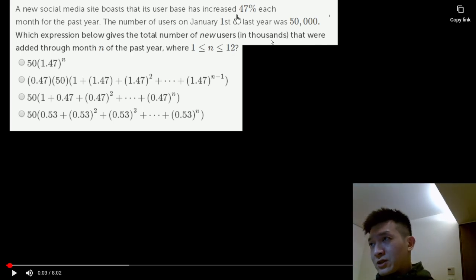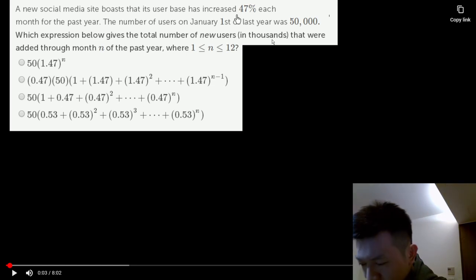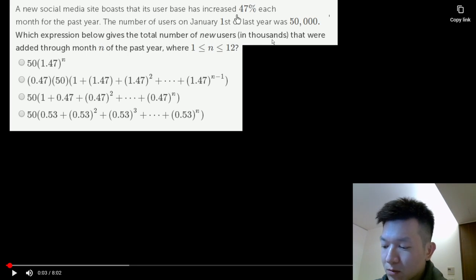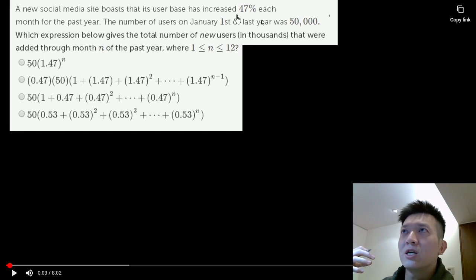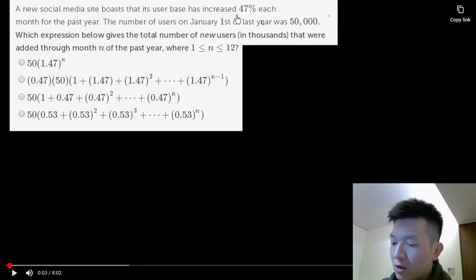How about our next increase? Our next increase will be our next term, right? Our next term is what? Our next term will be 50,000, or 50 in this case, and then times by what? 1.47. That's our next term. That's what we expanded into, right? For our second term. So our second term will be 50 times 1.47. Okay? And then we're gonna say, okay,